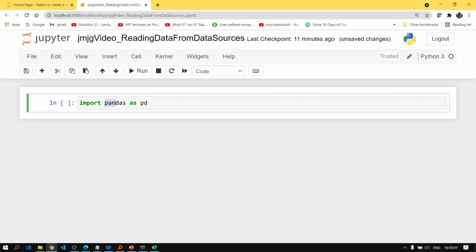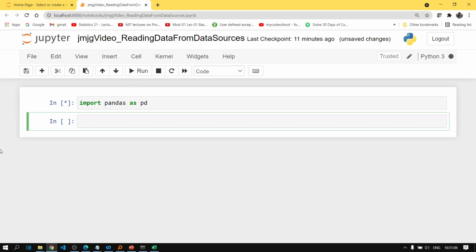So instead of writing the entire word pandas, we can write only pd. That is the only advantage of using this alias. Otherwise there is no other advantage, so it's completely okay if you don't use any alias. That is completely fine. So first run this. Pandas has been imported with the name pd.